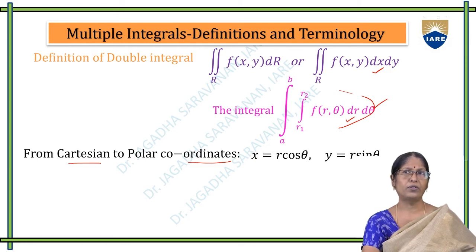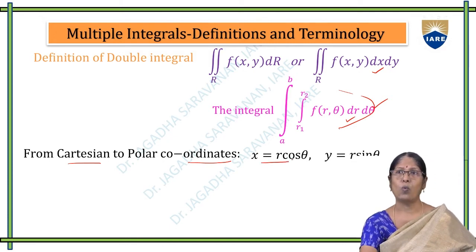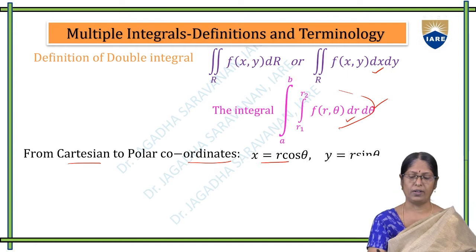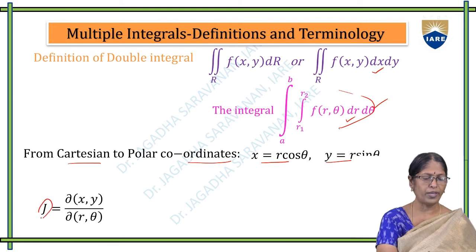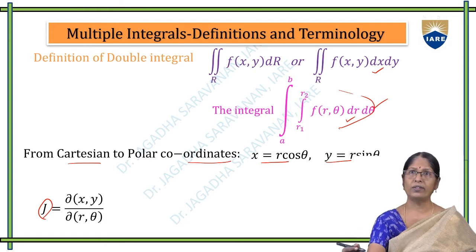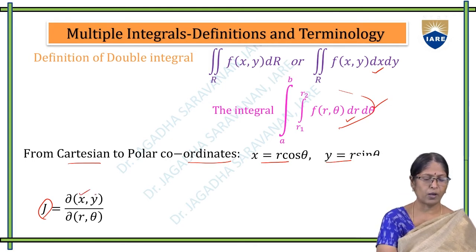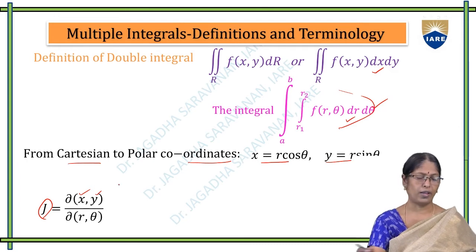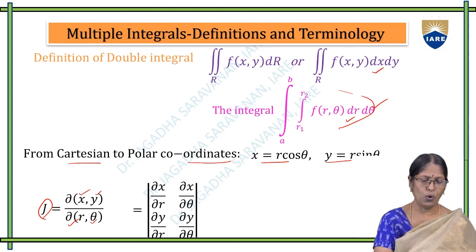That is, x equals r cos theta, and next, y equals r sin theta, as we are noticing here. The Jacobian plays a role here. We are discussing two dimensions, a double integral. So it is dou of x comma y divided by dou of r comma theta, the determinant of dou x